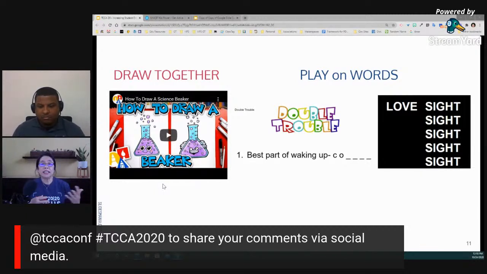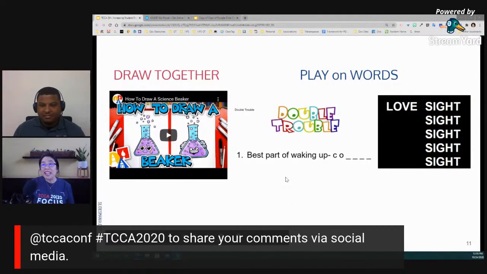For ELA, they can do a plot diagram, and for social studies, you can draw a map with geographical features, on and on. For LOTE, that stands for language other than English, you can even have them draw the word when you've pronounced it in a foreign language. So that's really good.